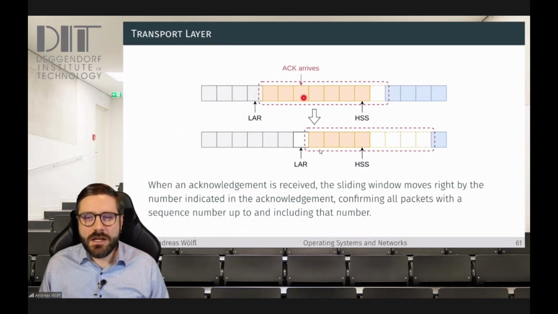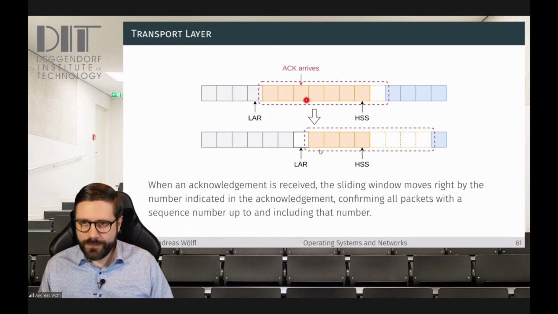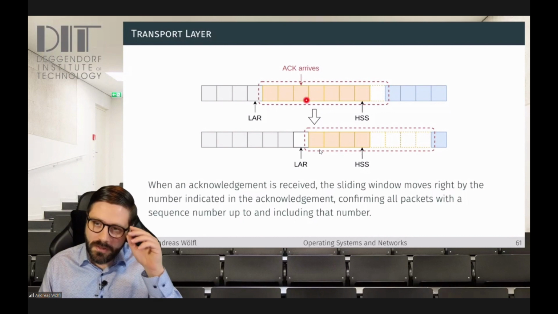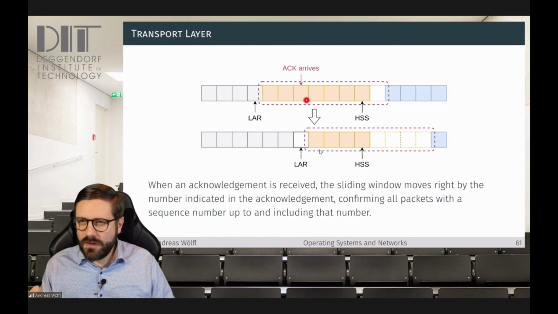And the idea of the sliding window is whenever the sender gets an acknowledgement for a packet, and you can determine this by the sequence and acknowledgement numbers. So when the sender gets this acknowledgement for 7, the sender knows